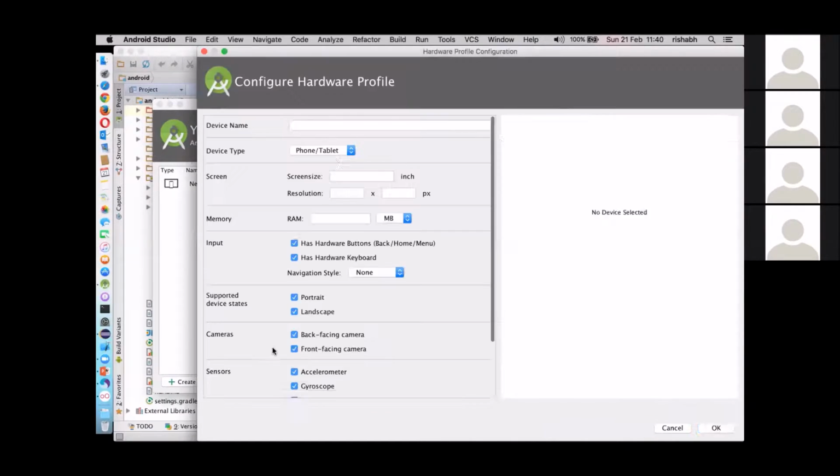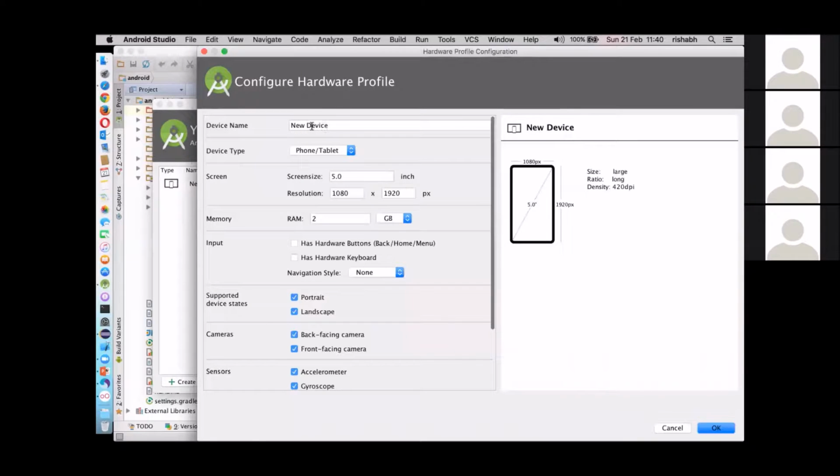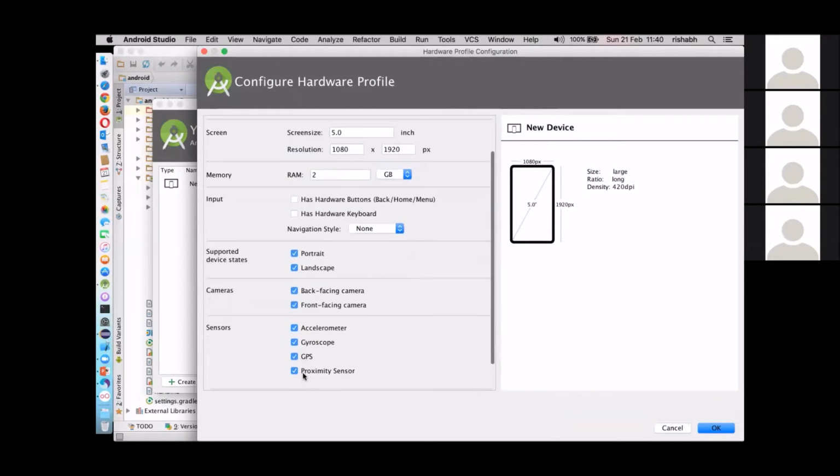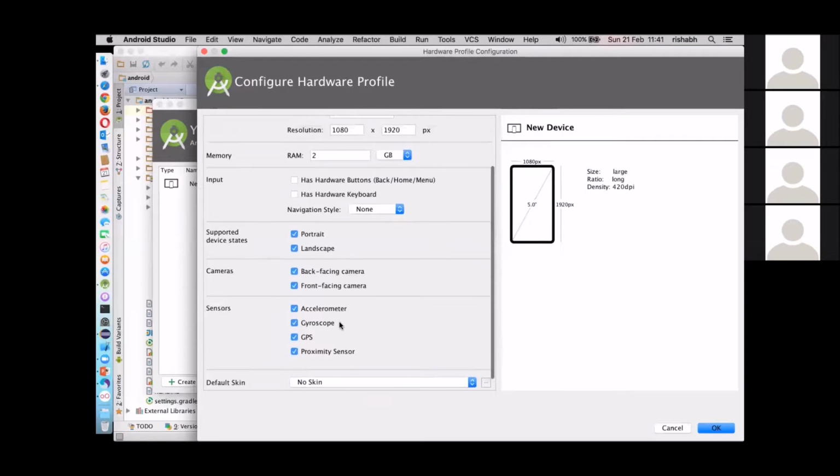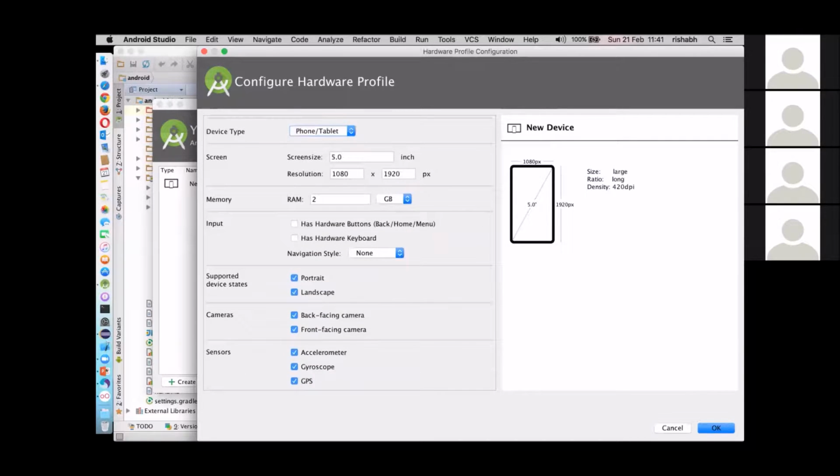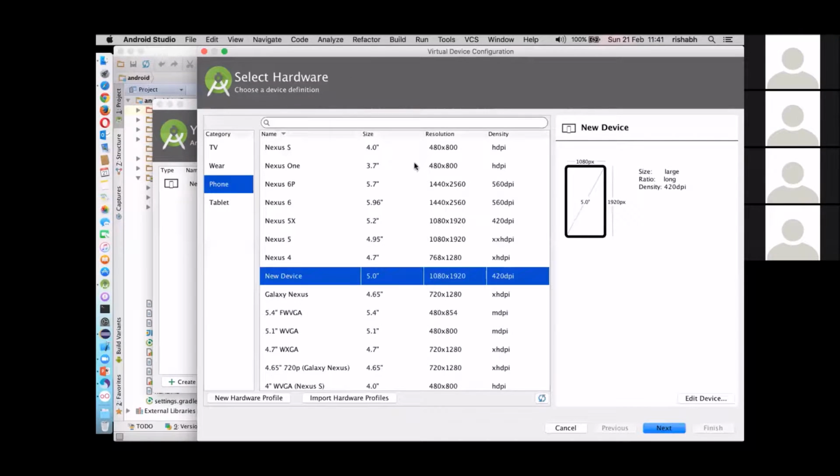If you click on new hardware profile, you can name your device whatever you want. The device type is phone or tablet. The screen size is this one. The resolution is this. You can even choose the RAM. You can choose different options, like portrait mode, landscape mode, camera, accelerometer, gyroscope, GPS, and everything. Fine. And once you click OK, it will again ask you to choose